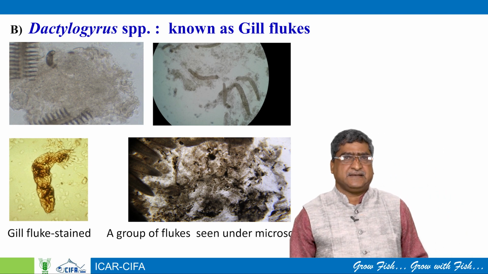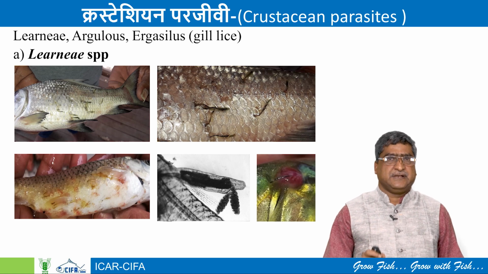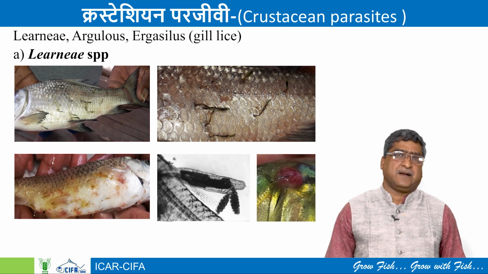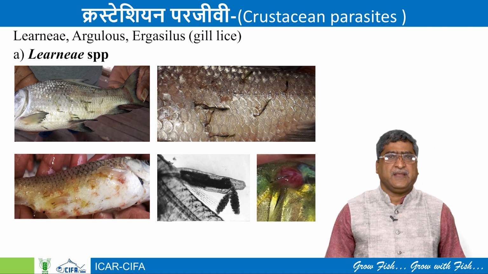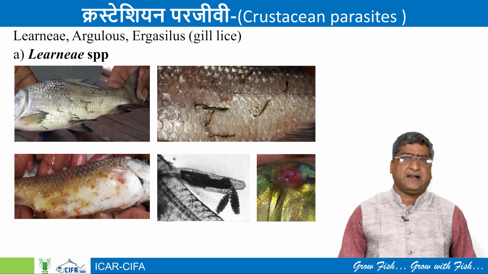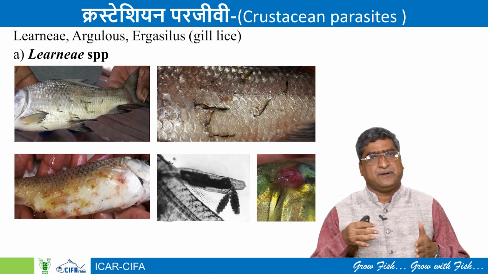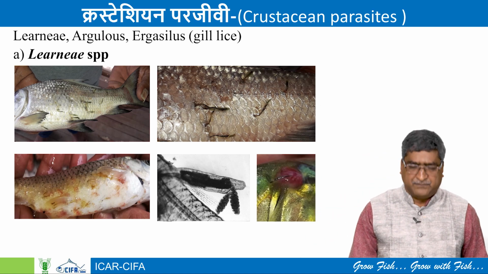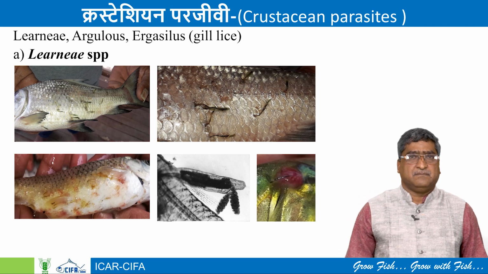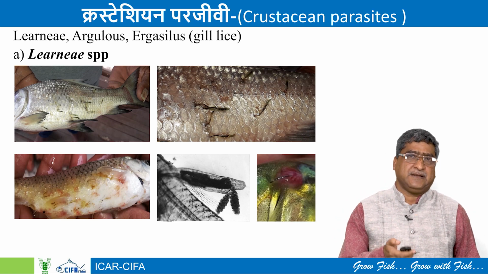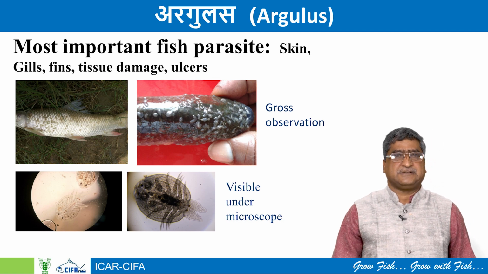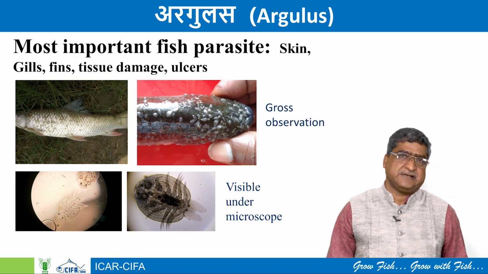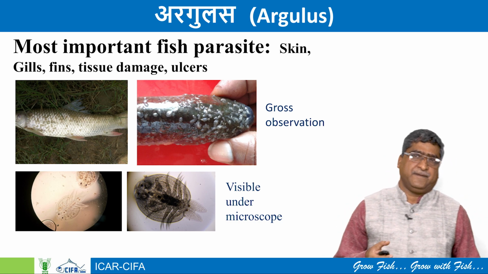Another important disease group is Lernaea and Argulus. They are two important ones: Lernaea, Argulus, and Ergasilus. They are also commonly occurring in the freshwater system. The Lernaea parasite, you see, is attached in the skin and goes deep; its mouth is deeply attached in the skin. But among all these, the important one is a fish parasite called Argulus. Argulus is causing a major impact among all parasitic pathogens, and they are causing a lot of economic loss.